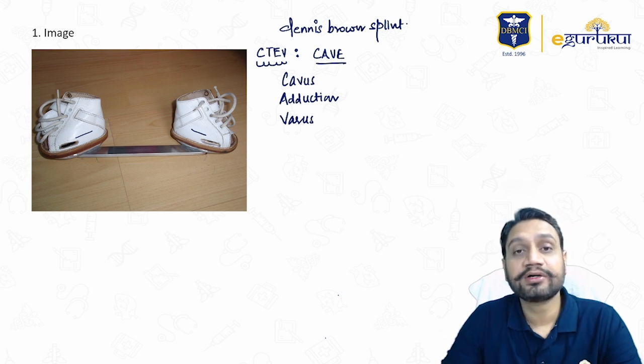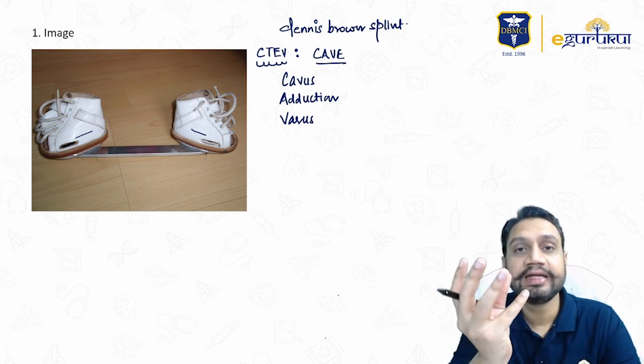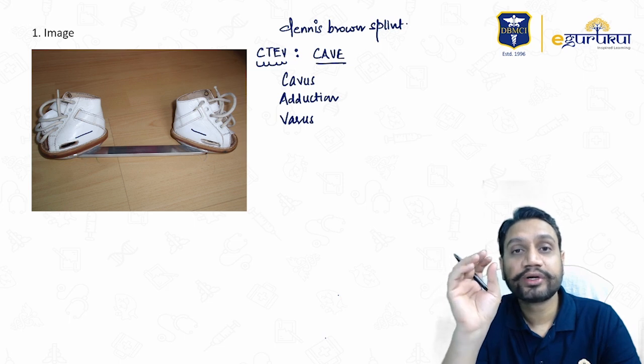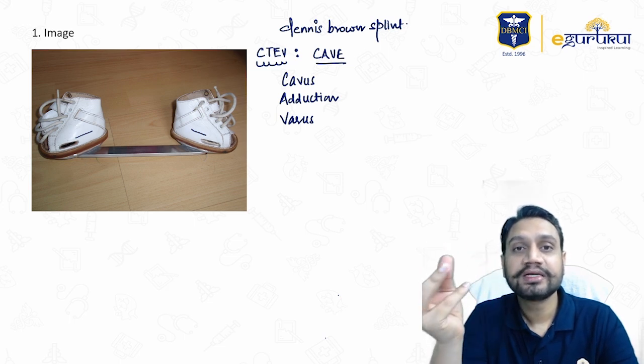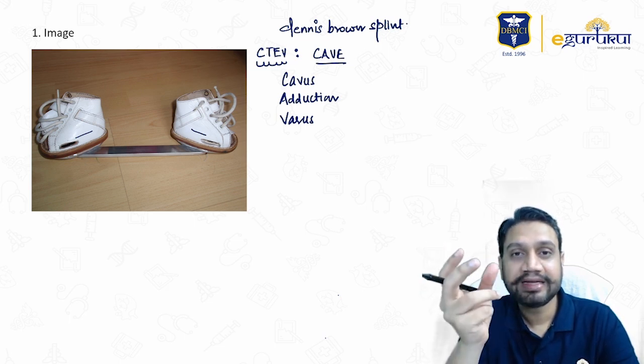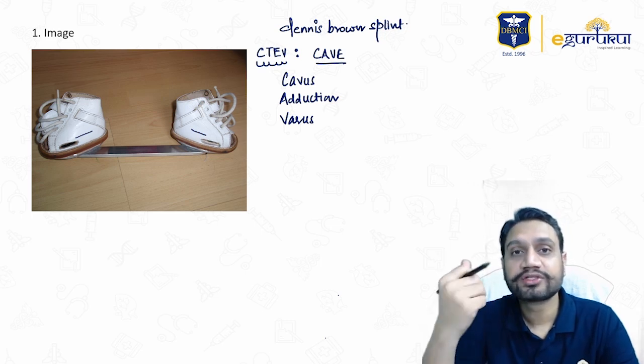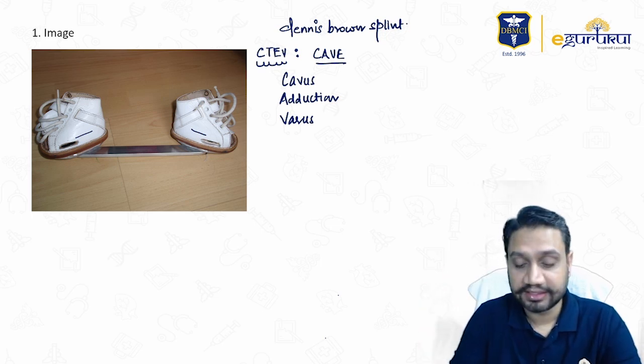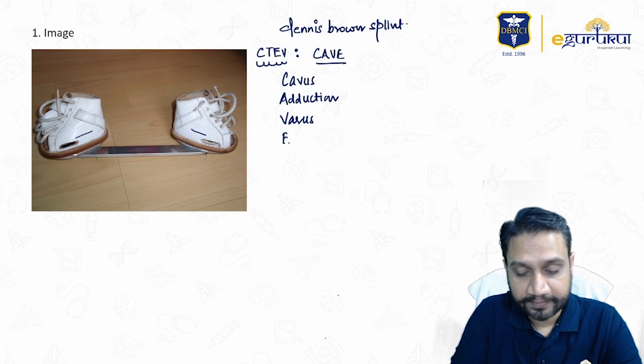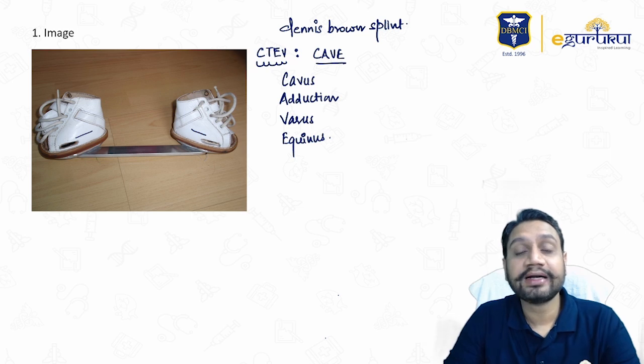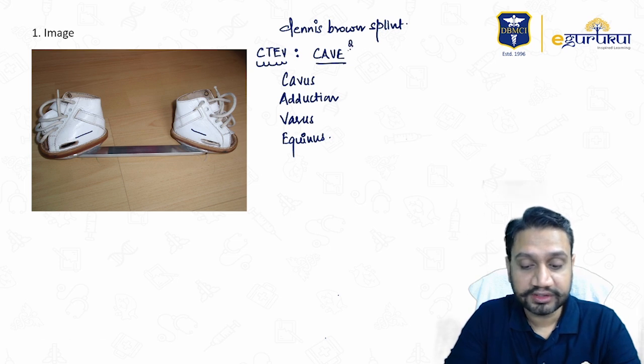Varus is primarily because of the calcaneum, which is shifting medially. When the part of the limb distal to the joint goes medially, we call it varus. So the calcaneum going medially makes the rest of the foot go medially, which is what you call varus. And at last, we have equinus. Why do we have equinus? Which joint is involved? In equinus, it is the tibia and the talus which are involved in giving the foot the equinus deformity. So CAVE has to be the sequence of correction of the foot.